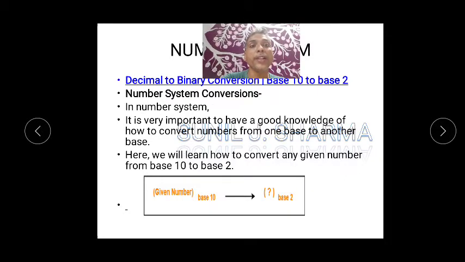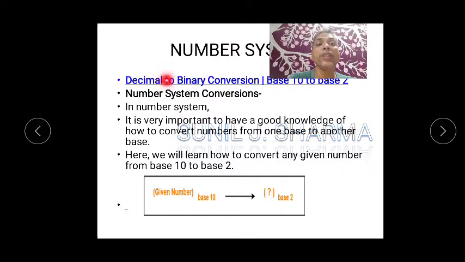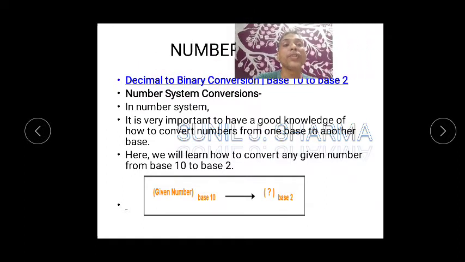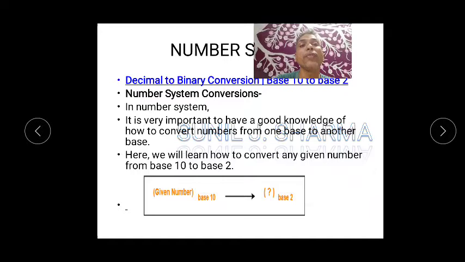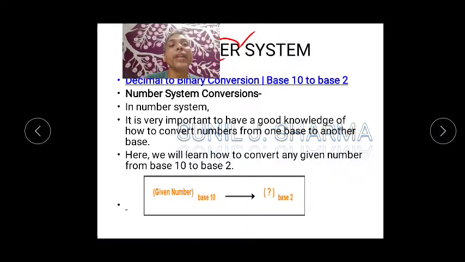Let's go to the next slide. As I was telling you, decimal to binary conversion. This is our topic. Now here you can see base 10, decimal. What do you mean by base? Base means the index or the radix given to that number, and we want to change it from decimal to binary. Everyone knows that decimal means 10, that's why we call it base 10, and binary means 2. So that's why they have written base 10 and base 2.